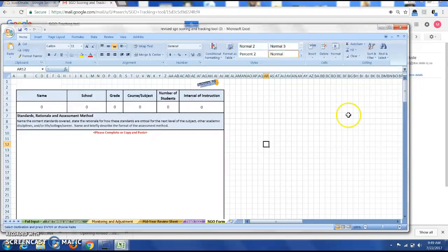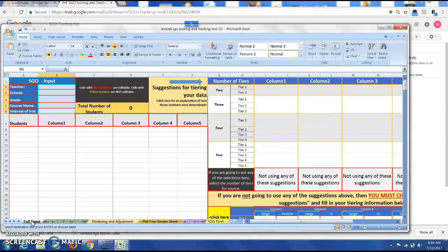the tool itself. You see there's a series of tabs at the bottom. We're going to start with fall input. This tool will allow us to put in multiple sets of baseline data, up to 5. See column 1, column 2, column 3, column 4, column 5. We can dump this baseline data into the program, and it will tier students, and it will create preparedness groups